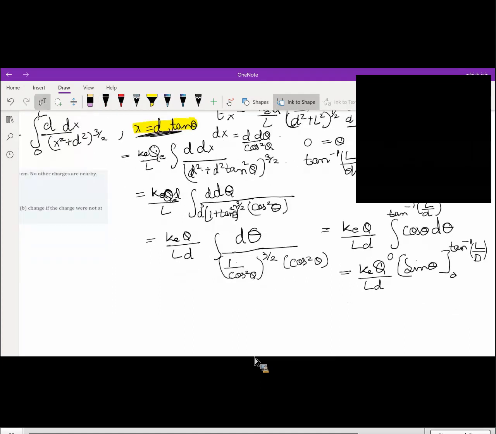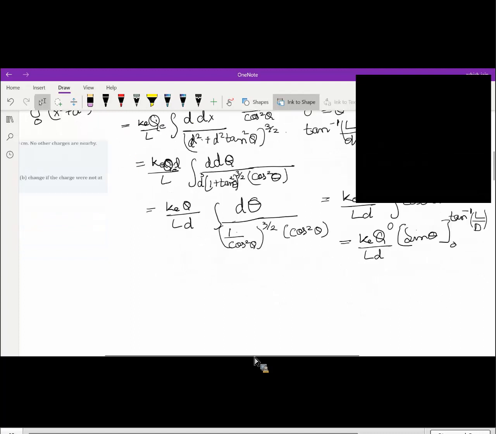Okay. Now you have to substitute it. Another trigonometric identity is this: sine theta, sorry,